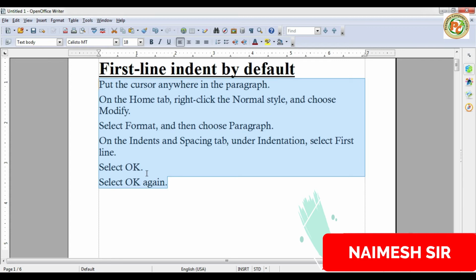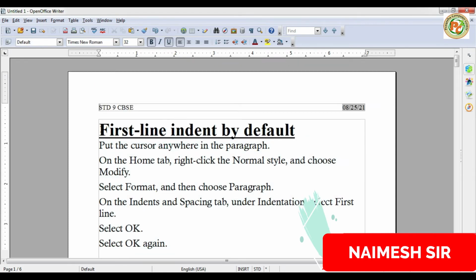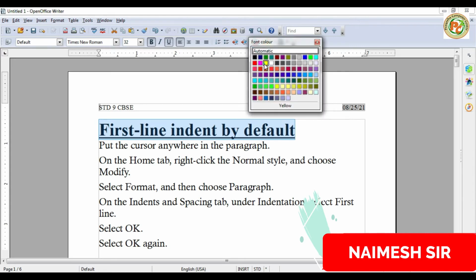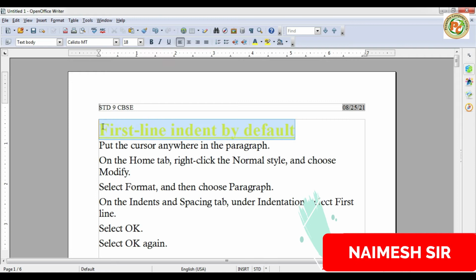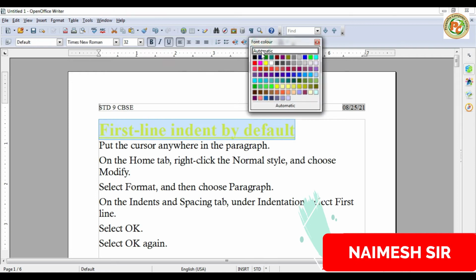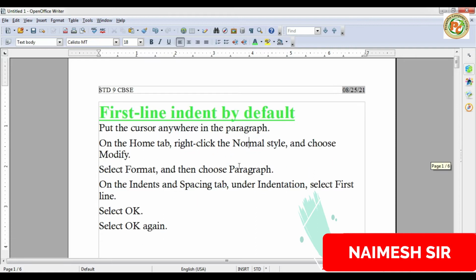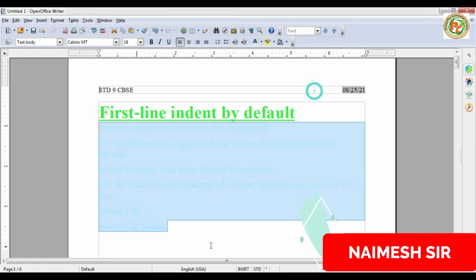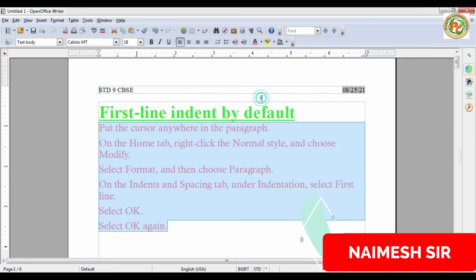Okay, now after this we want to change the font color. So again, we will change the font color of the title. So select it, and here we'll click and select the font color, but now it is not properly visible. So again, click on it and change it to a particular color. So now it is visible. Similarly, we are going to select it and click here and change to a particular color. No, it is not viewable. So again, select it and change it. Now it is viewable. Okay, if your content is not fitting in this, we will learn next how to set the margins. After that we will learn it.